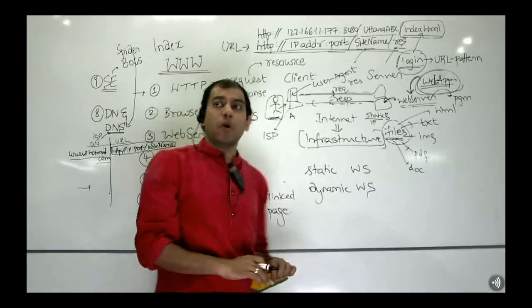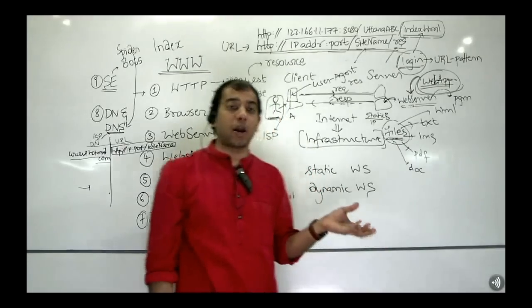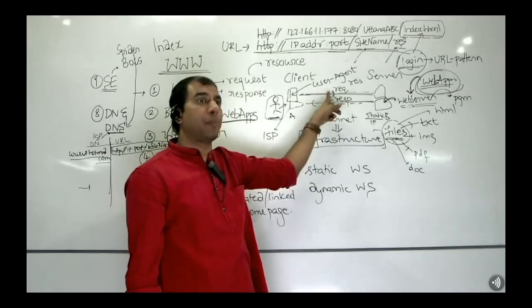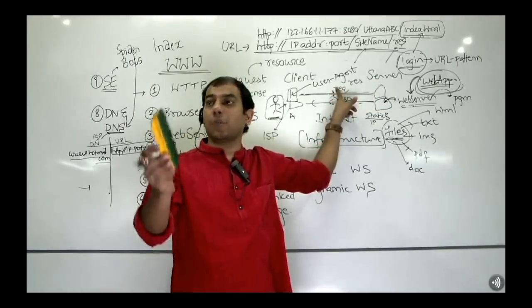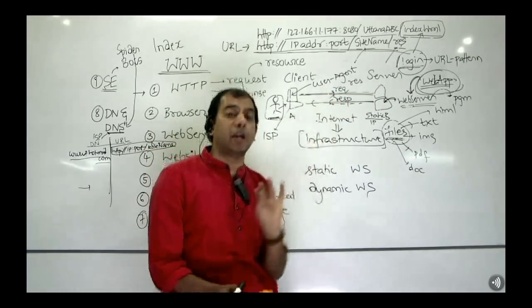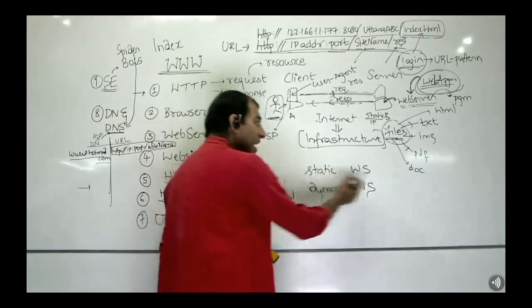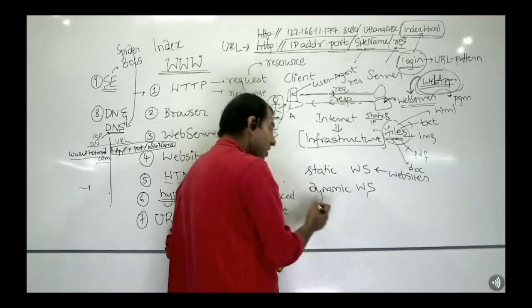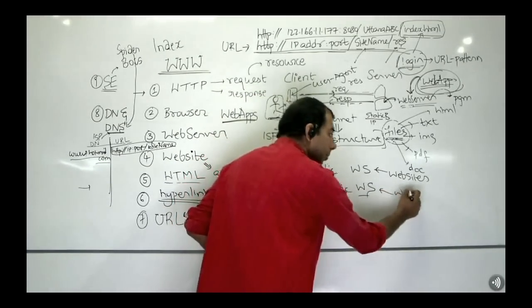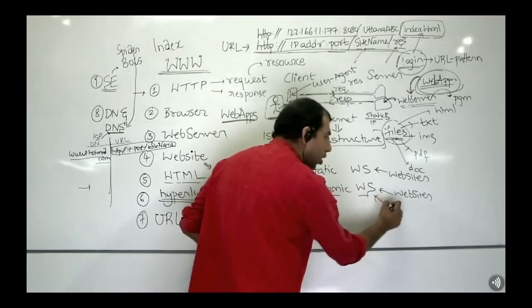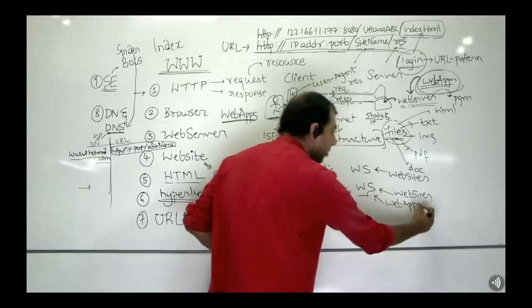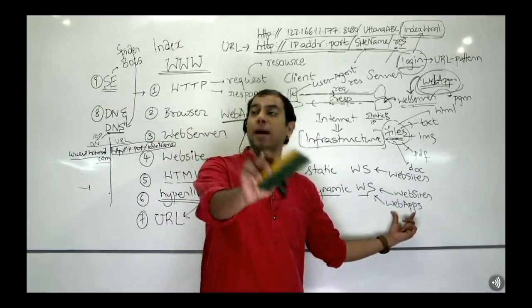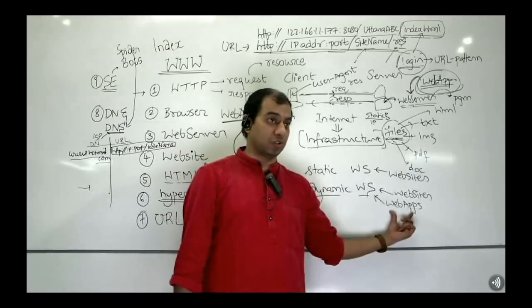What is a web server? A web server is a program, a software which is installed on servers, which is waiting for HTTP requests. So web server software understands HTTP. They also give us the ability to deploy websites. Static web servers allow us to deploy only websites. Dynamic web servers allow us to deploy within them not only websites but also web apps. Remember the difference between the web app and website. A web app contains not only static resources but also programs that can create dynamic resources.